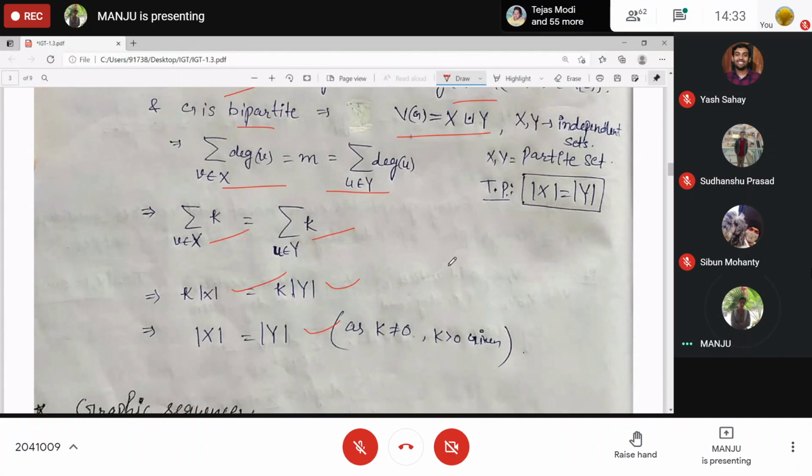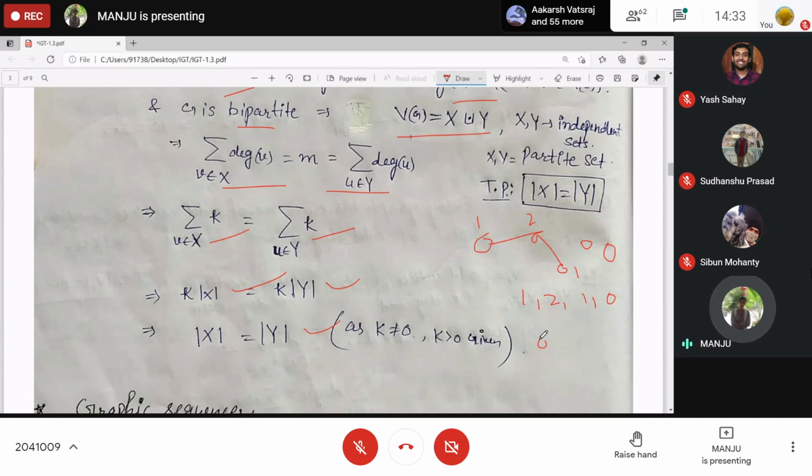Now, degree sequence of a graph. If you have this graph union with this one, what is the degree of each vertex? 1, 1, 2, 1, and 0. So if you list all the degrees in a sequence, it is 1, 2, 1, 0.